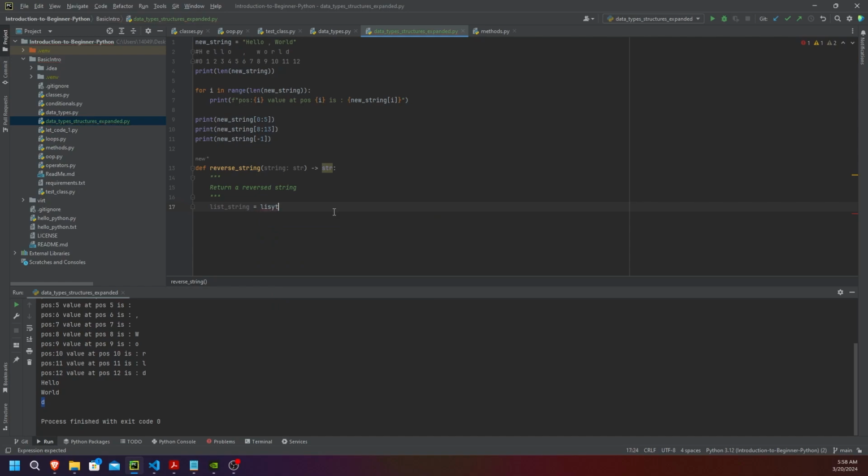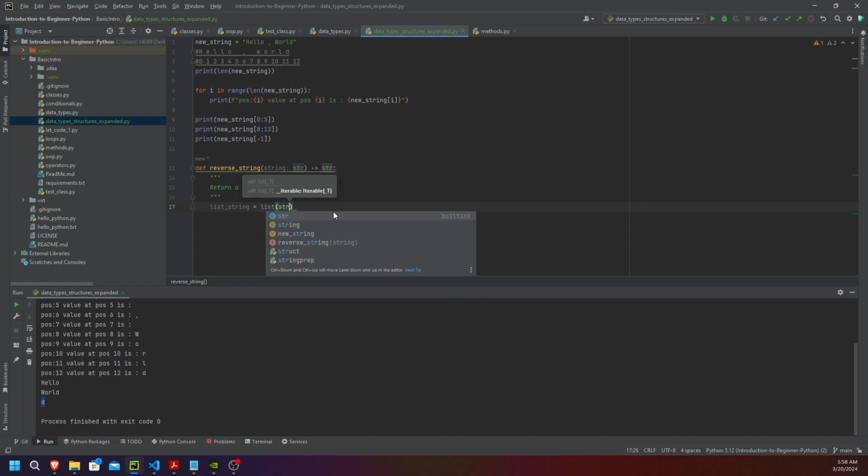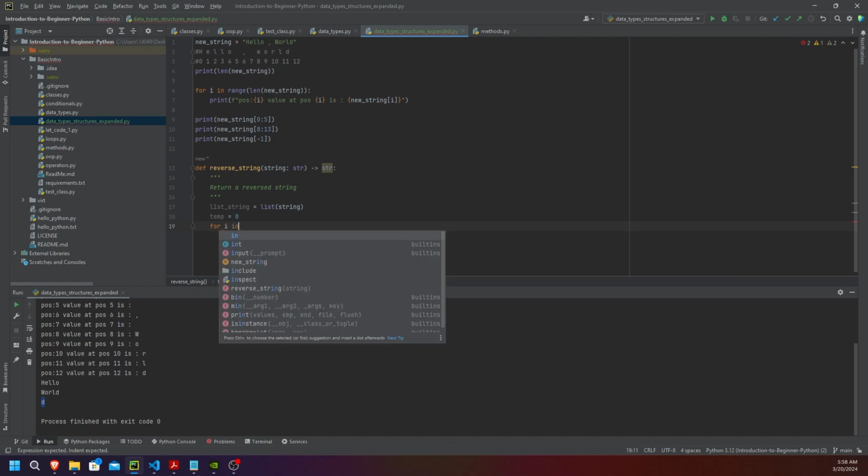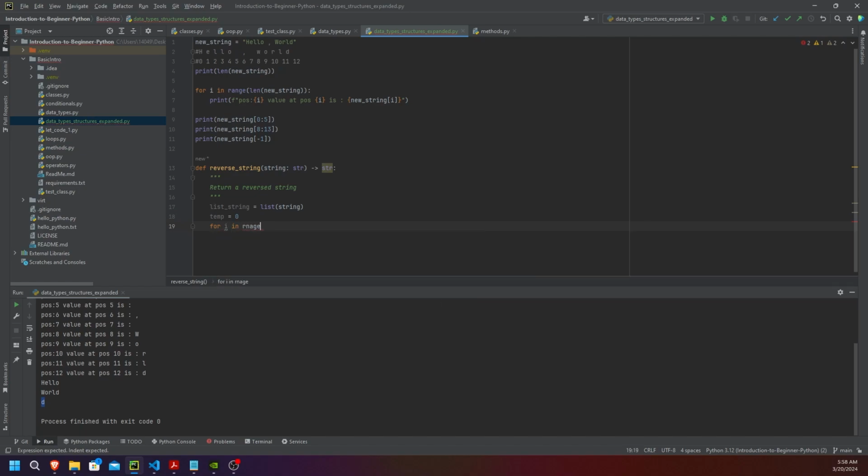And I'm going to turn this string into a list. And what I can do here is, we're going to set a temp value equal to 0, and for i in range of the length of the string,